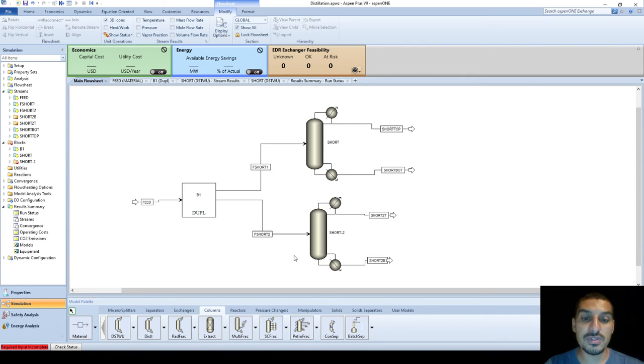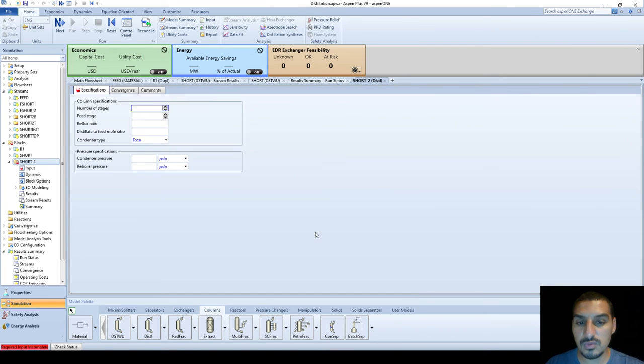If we open this column, we will see that it's asking for the column specs, which are the number of stages, the feed stage, the reflux ratio, the distillate to feed molar ratio, the condenser type, and the pressures. If we take a look at the outputs of the column short 1,